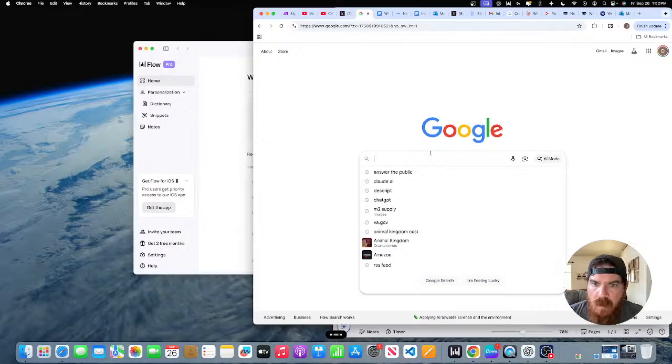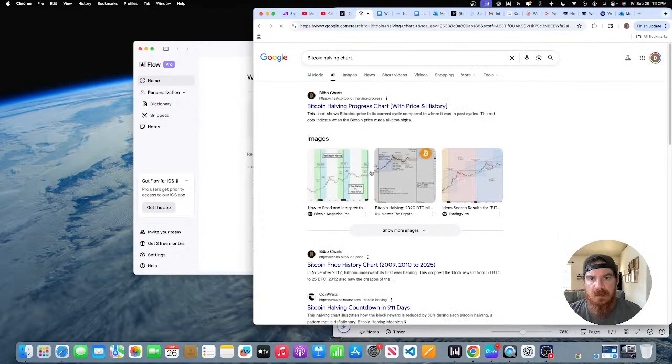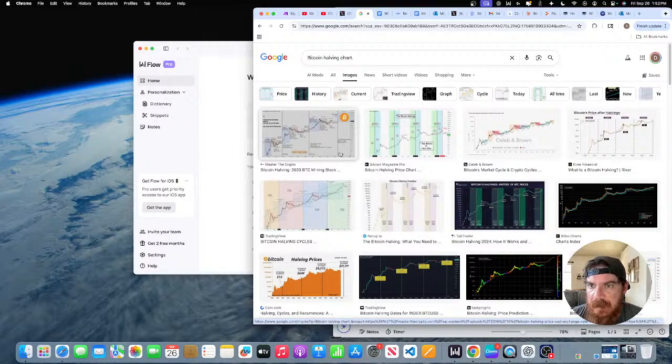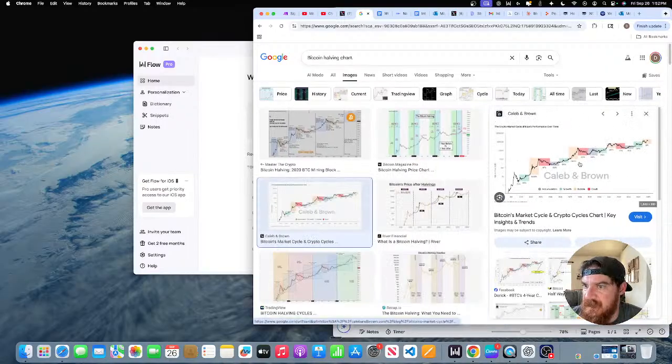Bitcoin halving chart. So the way I think about Bitcoin is over the 4-year business cycle. And looking at halving charts is the best way for me to understand the cyclicality that Bitcoin goes through. And here is a great representation of that. Here, if we pull up this chart,